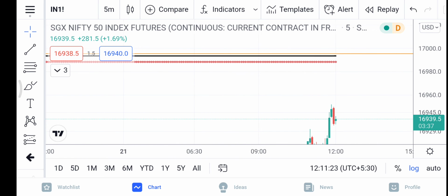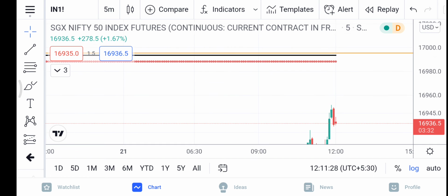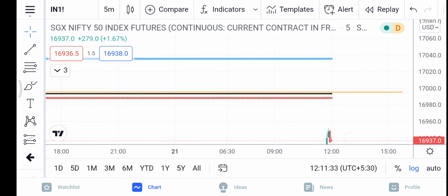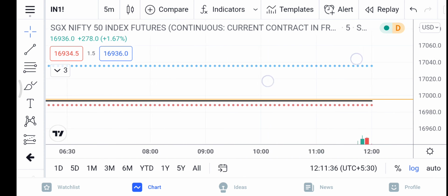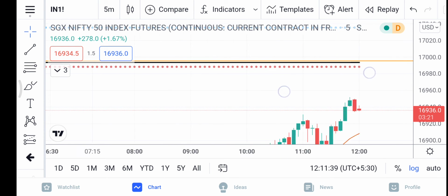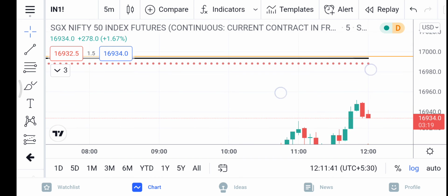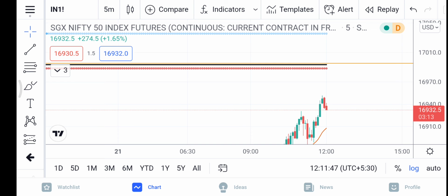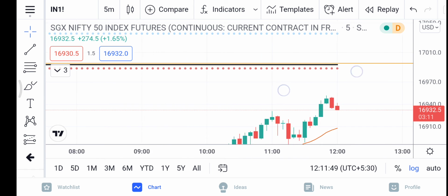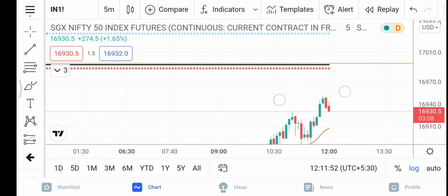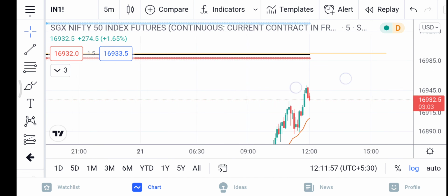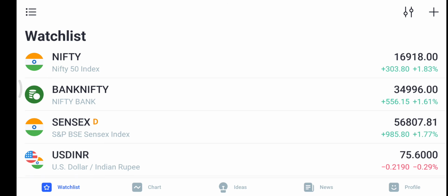So it may go till here, 16,960 to 16,990. From that it may fall or it may go sideways. If it breaks, then it may go till the PDH level. But I feel this daily resistance, this weekly low acts as a strong resistance. If that breaks, the market may be trending. But if the sellers are very aggressive in this region, then the market will fall or it may consolidate a bit further. So according to this, our Nifty and Bank Nifty react.